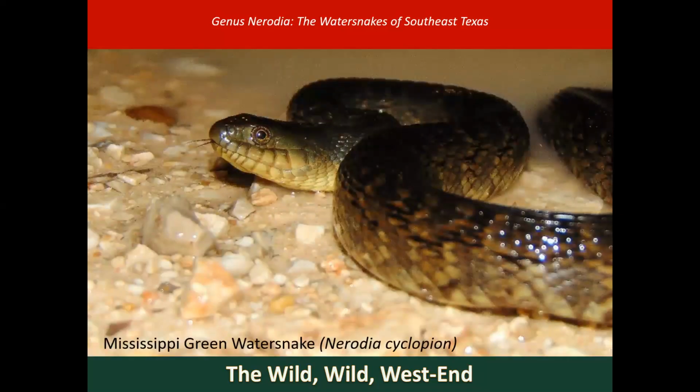Next snake in my lineup is the Mississippi green water snake, also known as the Western green water snake. It has a close relative, the Eastern green water snake, also known as the Florida green water snake. This is Nerodia cyclopion. This one would technically be Nerodia cyclopion cyclopion, and the Florida would be Nerodia cyclopion floridana. Other than their overall appearance of just being a green water snake with labial bars and a diffused kind of white yellowish pattern, as you can see there,